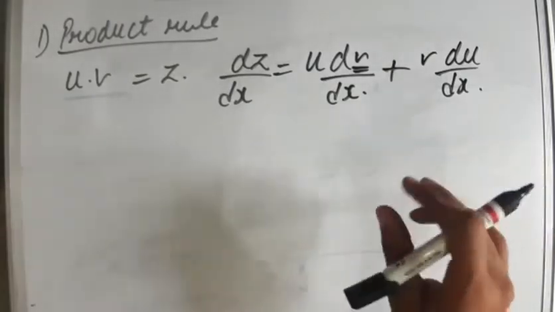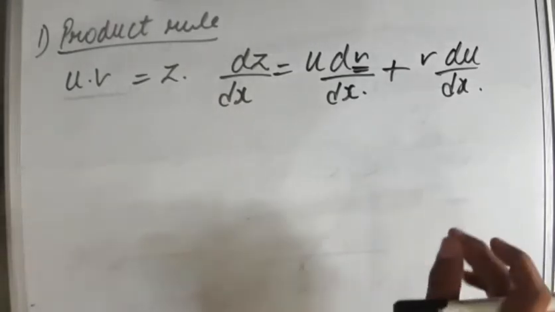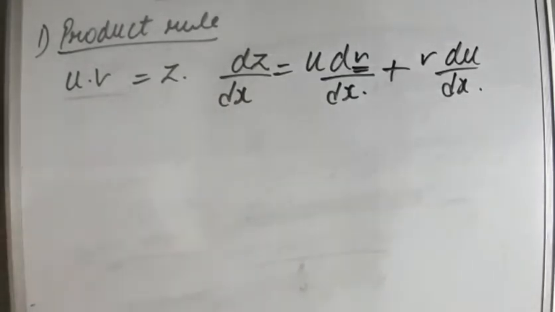And students, let me tell you one thing: this exercise 5.2 and this fifth chapter is completely based on your chapter 2, which is inverse trigonometric functions. If you haven't learned inverse trigonometric functions, you will have some problems. The only reason to learn inverse trigonometric functions is that you will learn how to deal with these trigonometric functions. Apart from that, there are some formulas which are given in exercise 2.2 of class 12th mathematics.